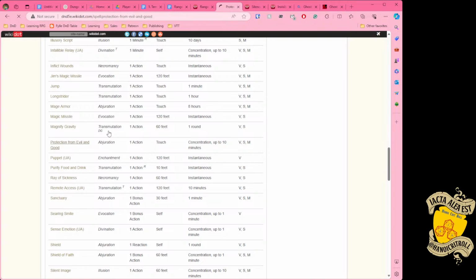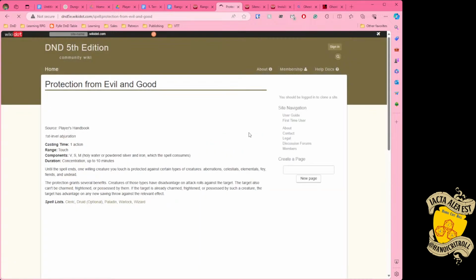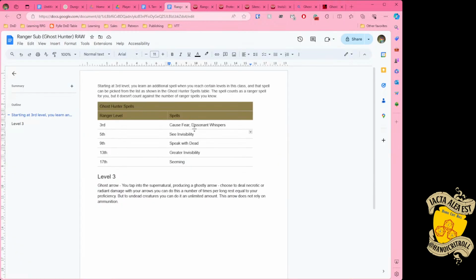Does this protect against possession? That's kind of what I wanted. Until the spell ends, on a willing creature touch, protect against undead. That's the most important. The target can't be charmed. Yes, okay. We are gonna remove this. We're gonna put in protection